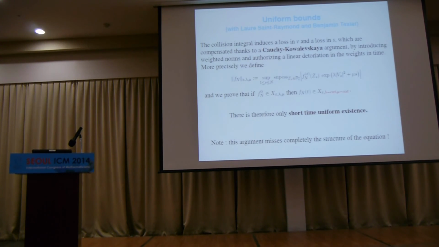But the problem with proving a uniform bound is, remember, as I told you before, to write down f_n^s in terms of f_{n+1}^s. On the right-hand side, you have an s, because you have a sup over s. And on the right-hand side, you have v^{s+1}, remember, from the collision kernel. So you're losing velocities, you're losing s's. So if you want to write down an estimate which is okay from a PDE point of view, you have to take into account those losses by using, for instance, an exponential weight in your norms. This is a technical part of the talk, but on my phone, just one slide. So you take f_n^s, you multiply it by a weight, and then you use a sort of Cauchy-Kovalevskaya argument, which says that as time goes on, you can control everything, but on the weight, you're going to have a linear loss.